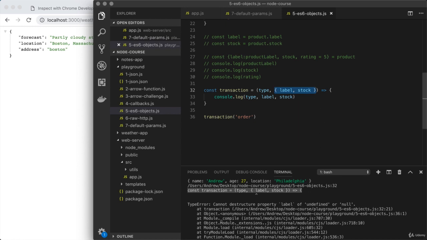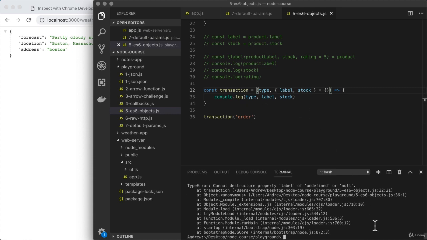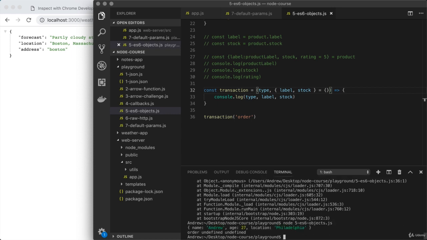Now, we can easily address this by setting up a default parameter value. So here we are destructuring undefined because no object was provided. If we wanted to fix this, we could set a default value for that parameter equal to an empty object. Now we're always going to get an object, whether it's passed in or whether the default object is used. Now let's run the program one more time to see what we get on line 33 when we log all three variables out. Down below, I'm going to use the up arrow key and enter to rerun the previous command,